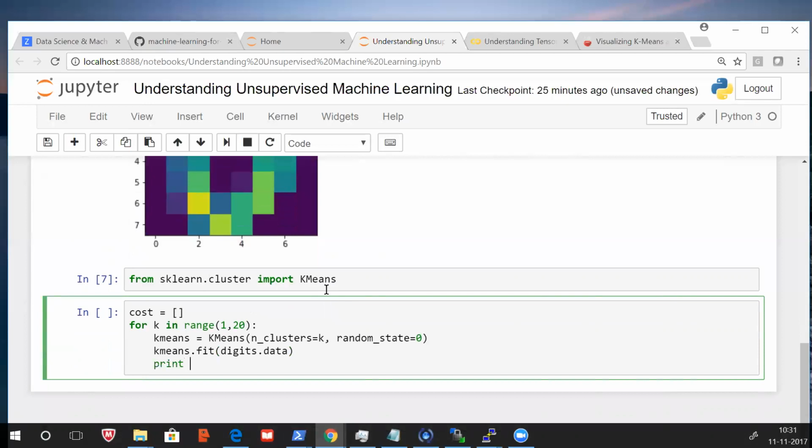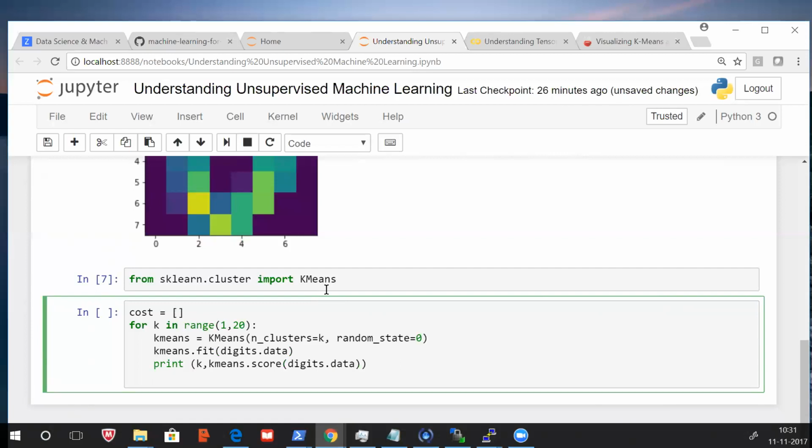I want to print it also. Print k comma kMeans.score. This is the cost of that particular cluster every time, and I want to store it in my cost array also. Cost.append.